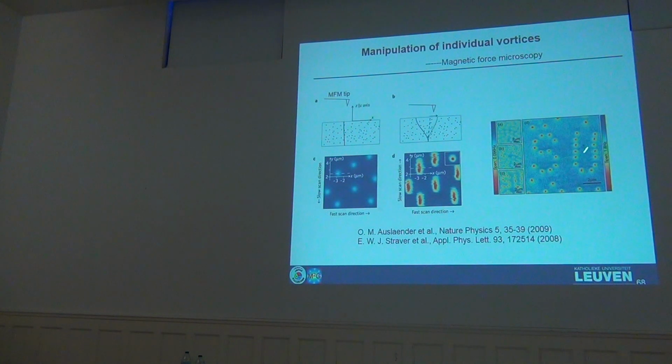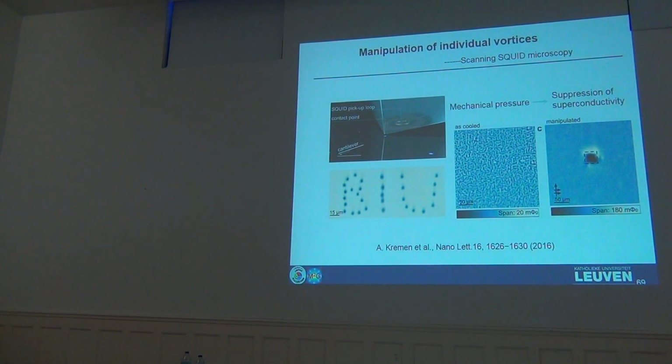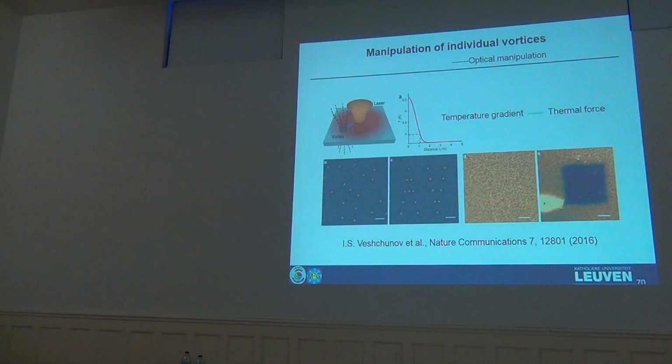Vortices, and then SU stands, most probably, for Stanford University, where he was at that time. Then you can do vortex manipulation using a scanning SQUID: you can trap a vortex with this loop and drag it, and then again you can write something. You position the vortex, and then you write another abbreviation of another university. Then you can do it with optical manipulation, and AV stands for Abrikosov vortex, so you create